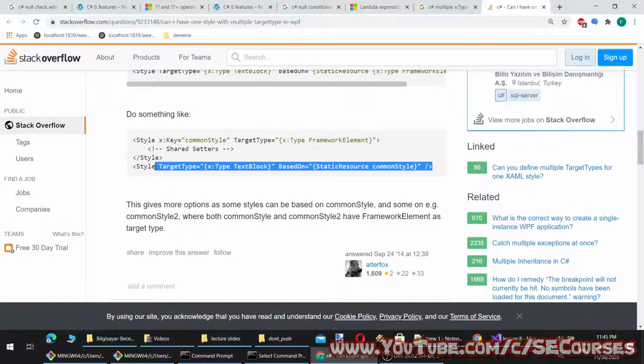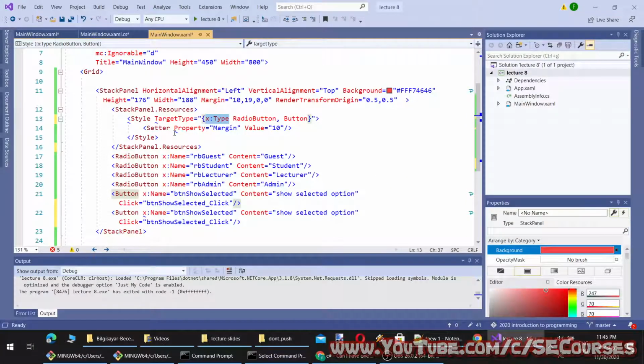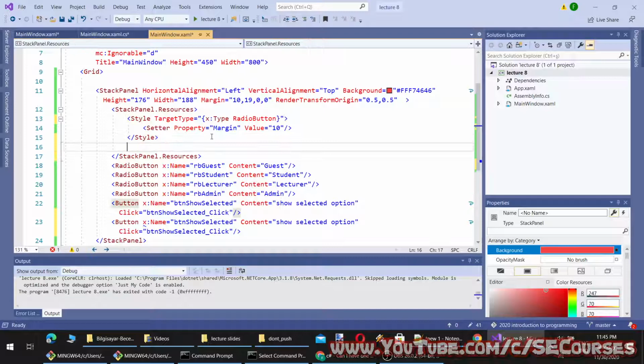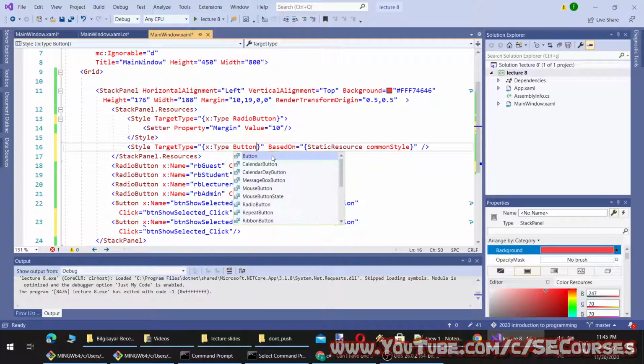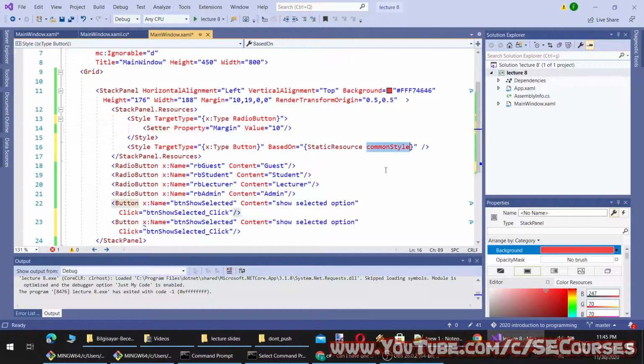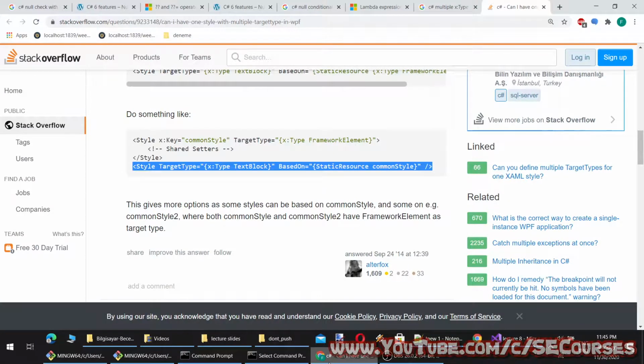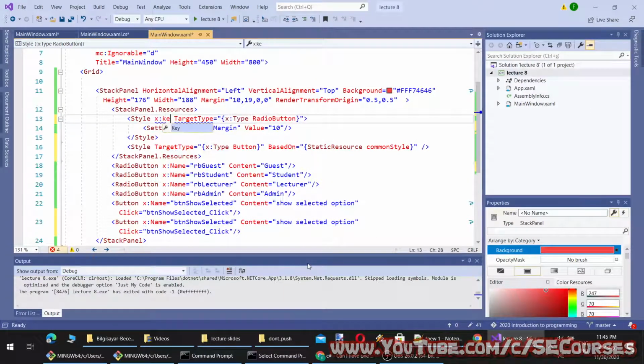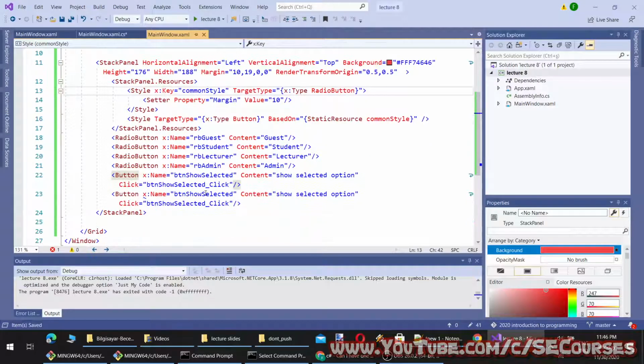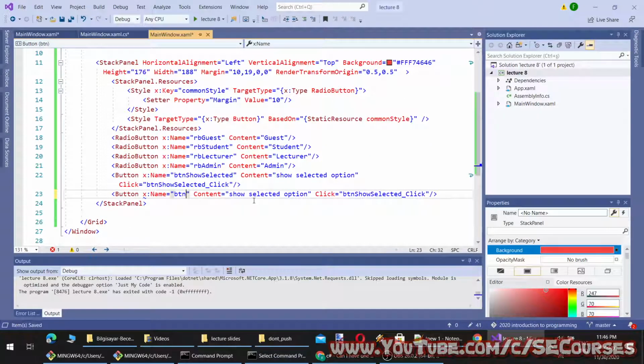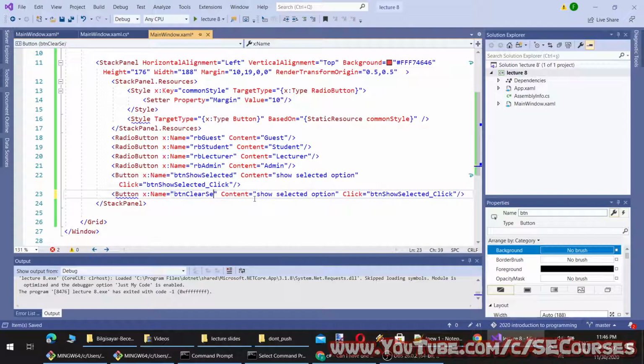Okay. So let's apply this methodology. Okay. And X type button in this case. And base it on, it says command style. Let's give it a name, X key. Command style. Okay, now it should work. Okay, and now this will be btn clear selection.